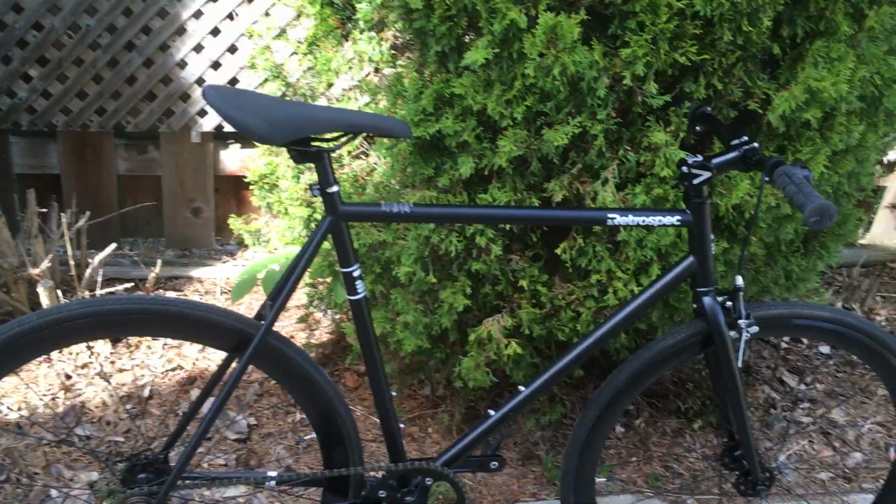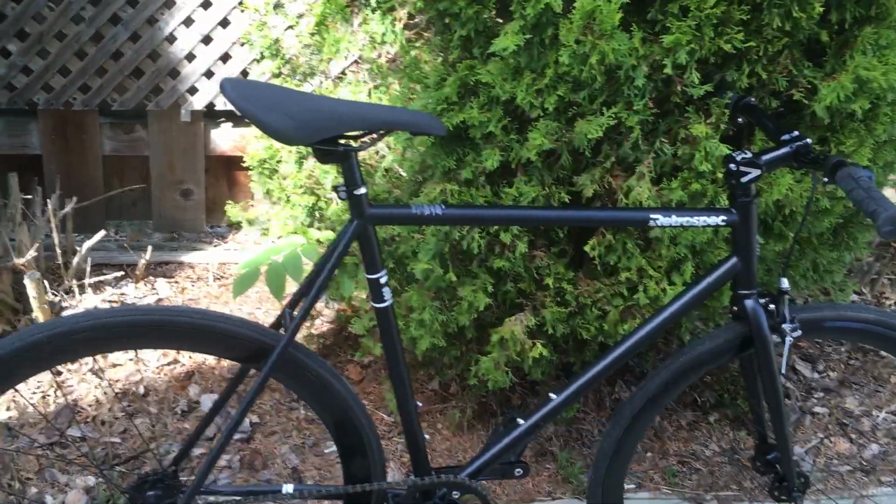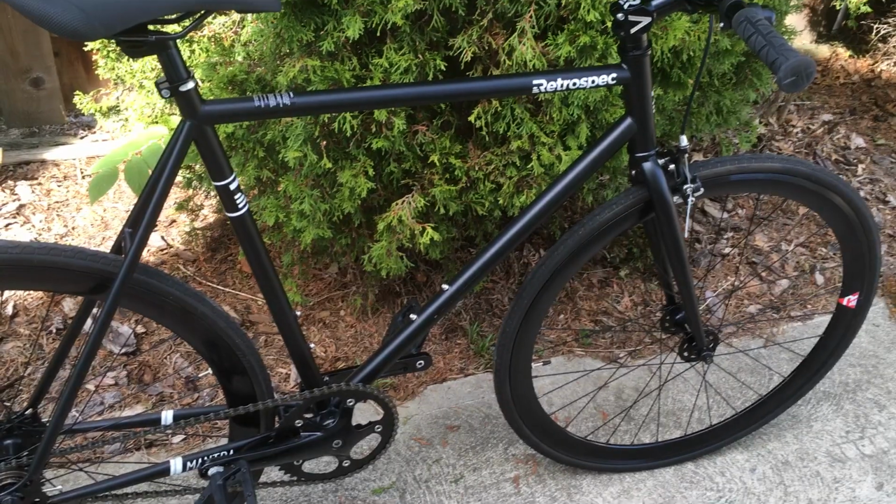Hey guys, this is a review of the Retrospec Mantra V2 fixed gear bicycle. There's not many reviews for the Mantra, especially not the V2, so I wanted to give my thoughts on this